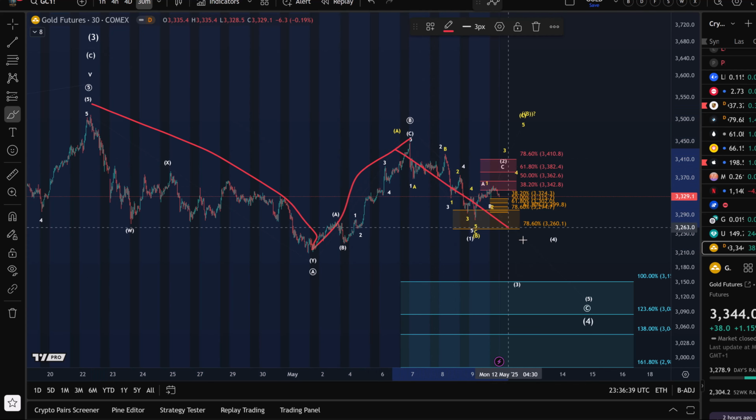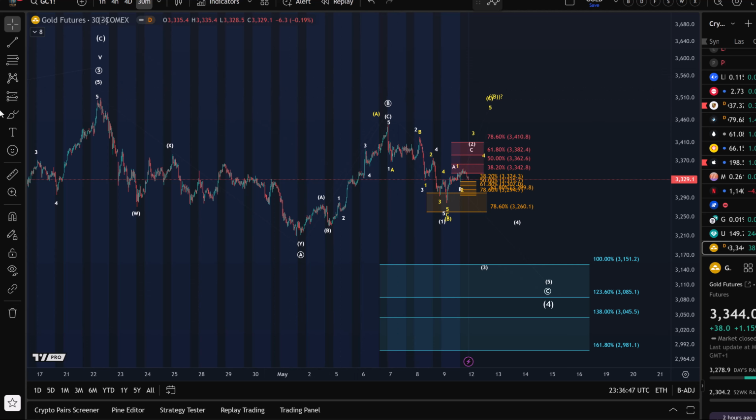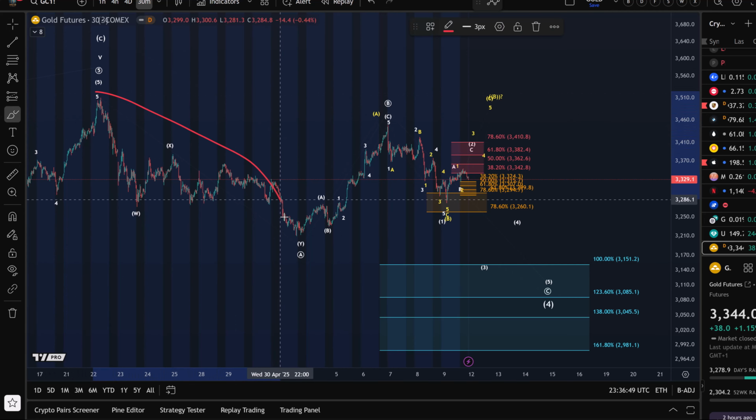How do we measure that? How do we define that? It's defined based on the length of the A wave. Then we compare that with the length of the C wave, because a C wave and an A wave, as per Elliott wave guidelines, often have the same length. So quite similar there. Therefore, we're tracking a potential target at